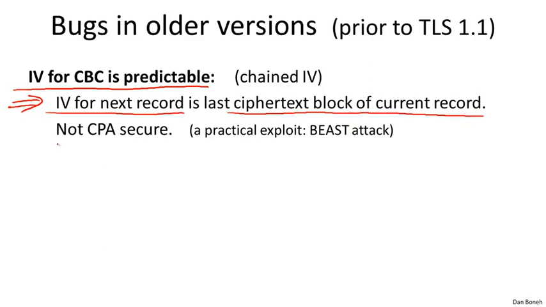So the resulting scheme is not CPA secure, but not only is it not CPA secure, in fact there's a very cute attack called the BEAST attack that's able to decrypt the initial part of a TLS record simply based on the fact that this scheme is not semantically secure. So I should say that this method of choosing the IV to be the last block of the previous record is called chained IVs, and you should remember that this should not be used in practice because it always leads to an attack. Because of this, TLS 1.1 moved to what's called explicit IVs, where every TLS record has its own random, unpredictable IV. And that fixed the problem. As soon as browsers and servers move to TLS 1.1, this will no longer be an issue.